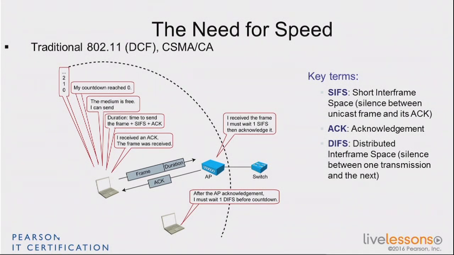So in every unicast frame that we send, we need to have a confirmation that the frame was received properly. That makes every unicast frame in Wi-Fi acknowledged. So you're going to send your frame, and the AP is going to receive it, and if the AP receives it well, it's going to tell you, acknowledgement, got it. This is where the SIFS comes into play.